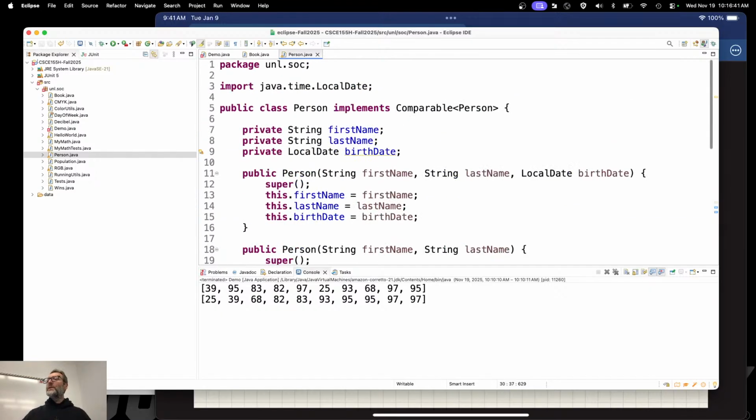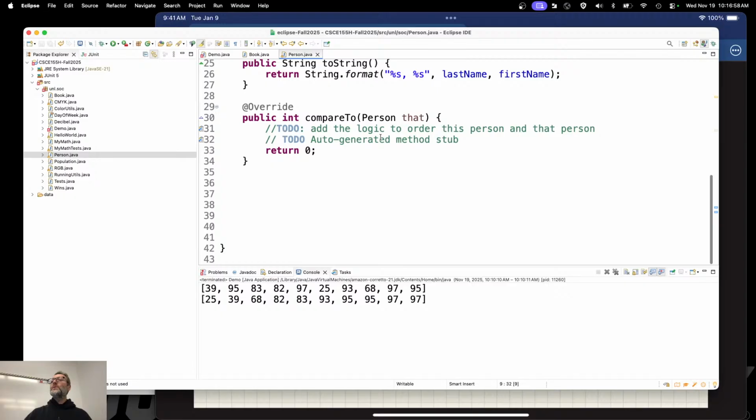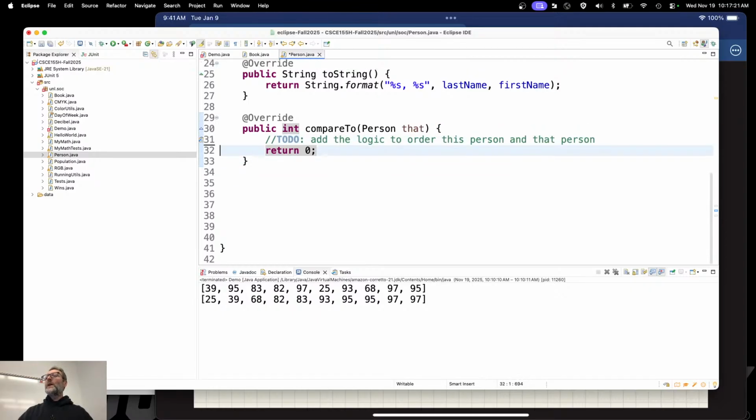How are you going to order a person? How old they are? You could do that. Order them by last name, first name? You could do that. Order them by last name, first name, and then if they have the same last name, first name, break ties by taking the oldest first. You could do all three of those things. You just need to do something here. Right now, the default is that you're saying all people are equal, and that's fine. It'll say, all right, these two people, they're equal, so I'm never going to swap anything. And that's what ends up happening in practice. But otherwise, what we'll do when we come back from break is we'll add the logic there to order a person.